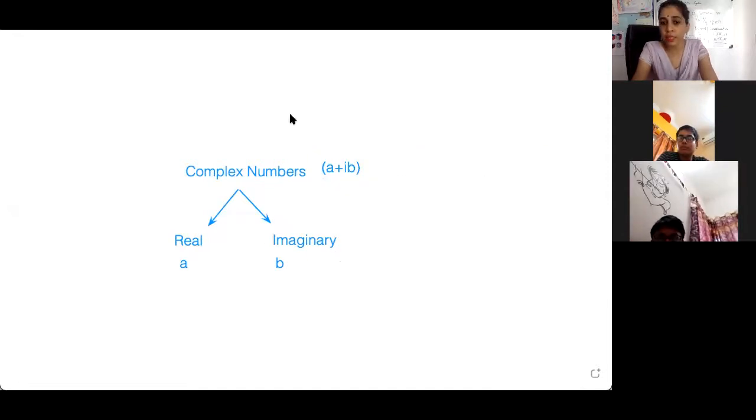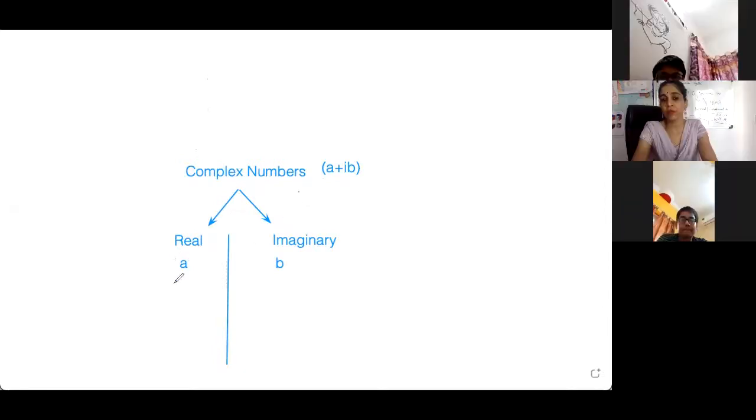The flow chart you have made is under real numbers. We are only concentrating on real numbers now. Whenever complex numbers are introduced, we will be focusing on this part. But right now we will focus only on real numbers. And in real numbers you have drawn the whole Venn diagram for me just before the session.